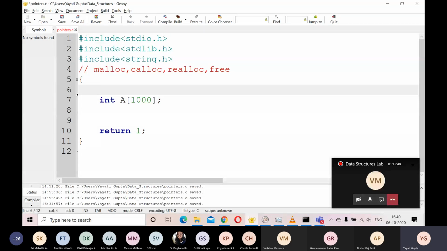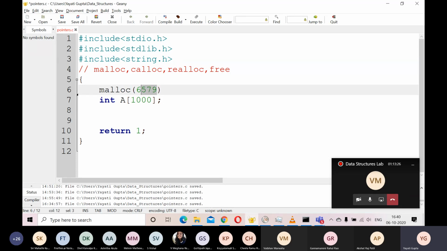There is another way to do this. We have a function called malloc. What this function does is, you can specify here how many bytes of memory you want. See, this is slightly different from this. Here, whatever memory is provided to your system will be on the basis of 4 times the number you give here. But with malloc, you can allocate exactly this many bytes of memory. You just have to indicate how many bytes you want, and this function will do it for you.